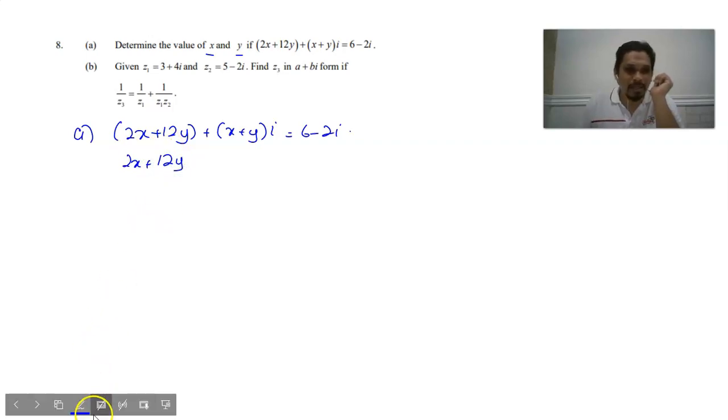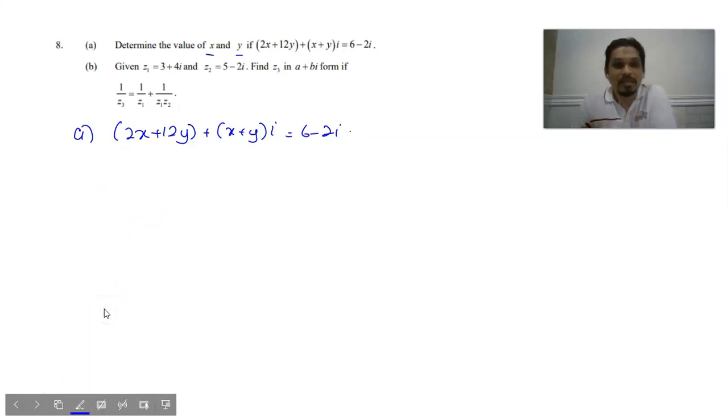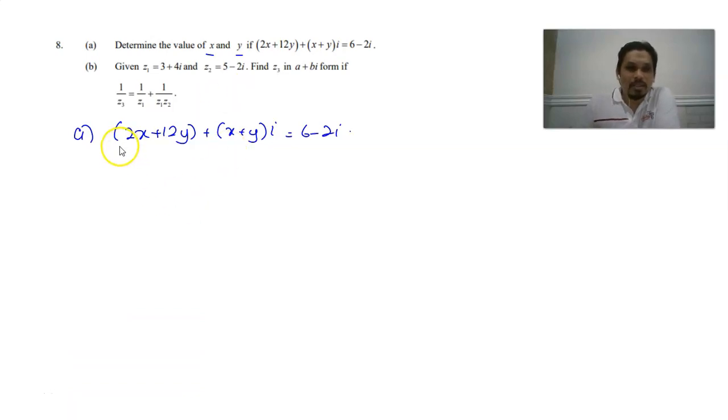Okay, class, if you realize that on this left side is already separated, we call separate the term of real part with this real part and imaginary part with this imaginary part. So we can simply